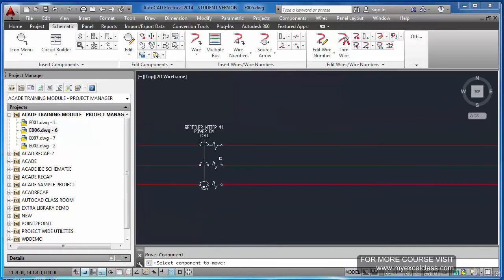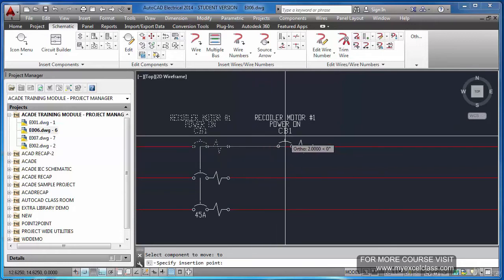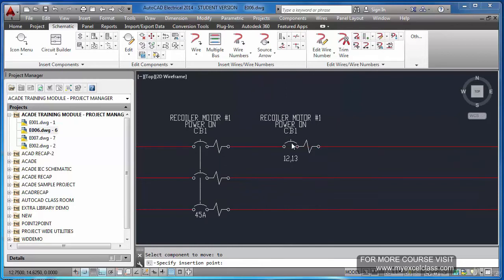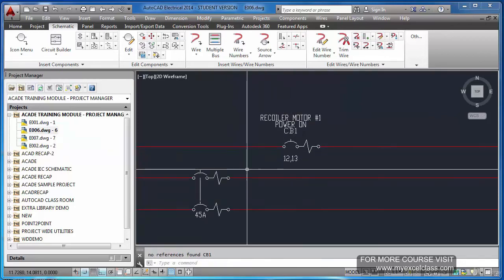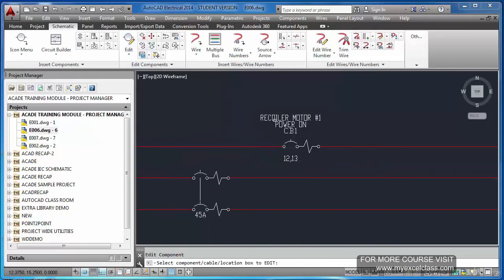Now what happens if I move this thing? I am unable to select all these together. I can select one. See, it comes like this. That linking line has broken. But still if you see the properties, this is CB1.